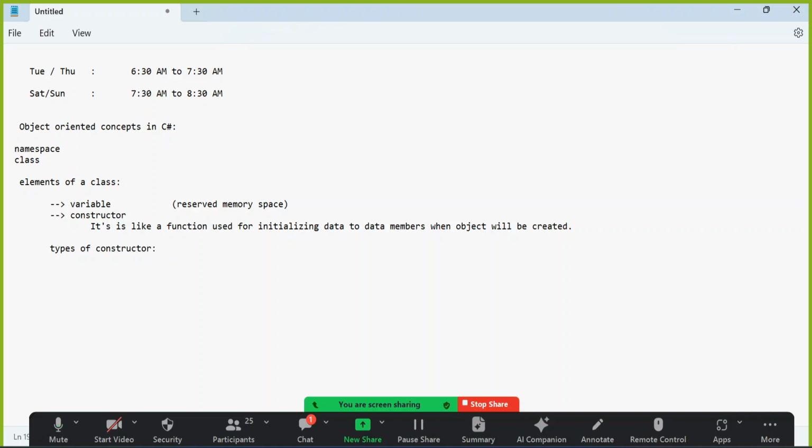Okay. So, types of constructor. There are two types of constructor. One is the default constructor,